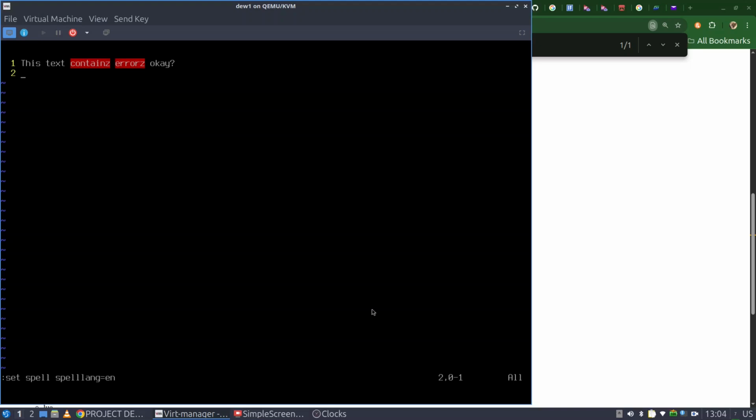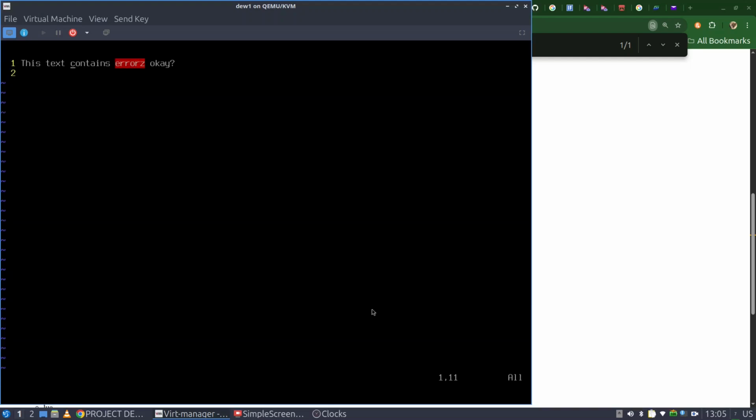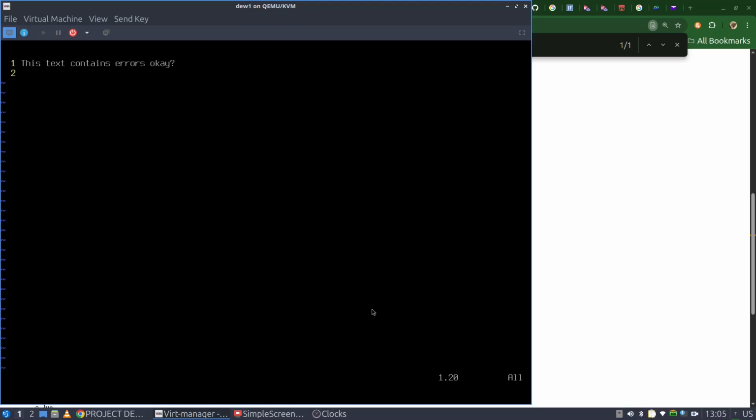Immediately two words are highlighted. We can go and fix them. We go to the first word. We choose from the proposed proper words. We select which one we want and it's fixed. Let's go to the second word. It's fixed for us. And that was the English spell checker. But I installed also